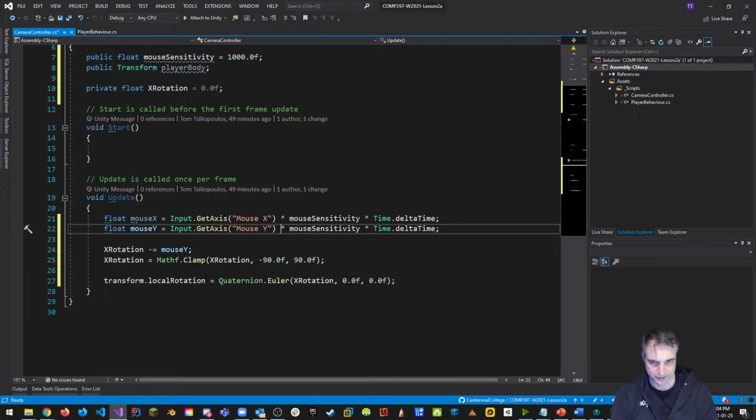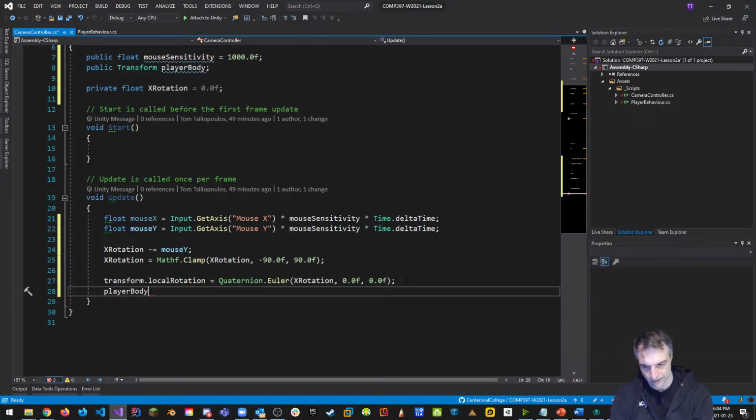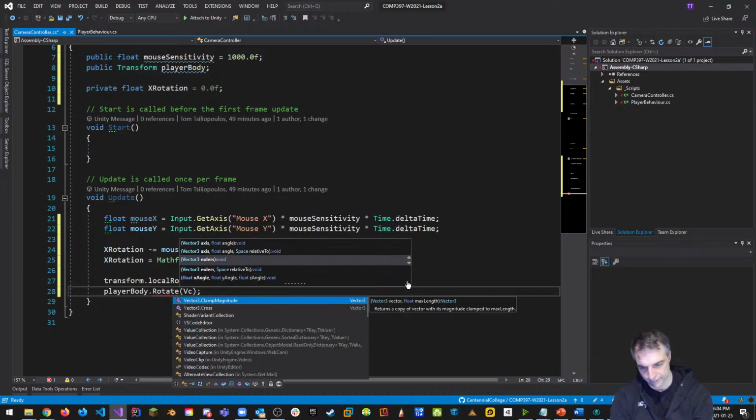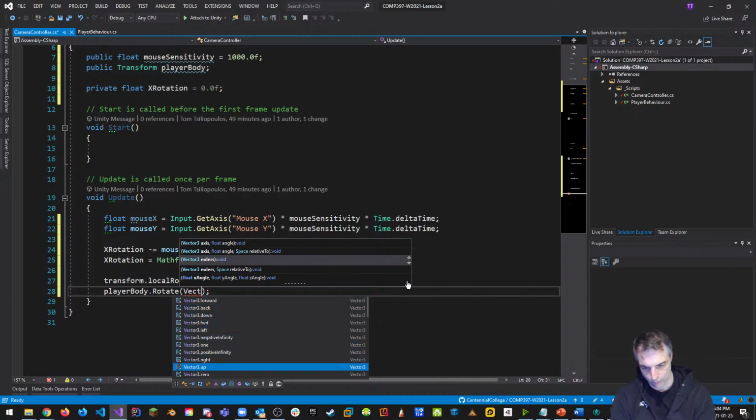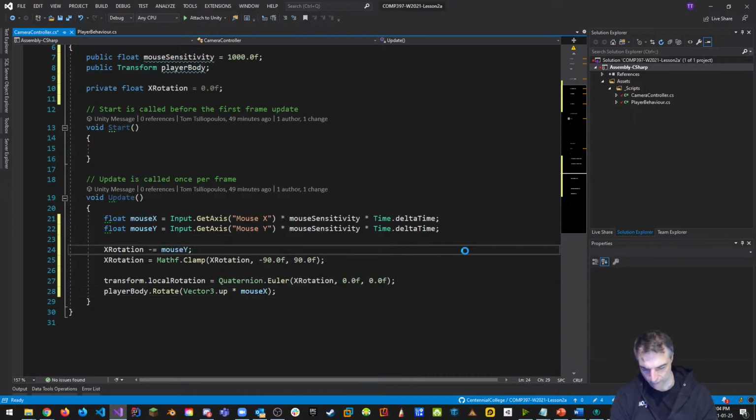Don't worry if you've lost me. Just follow me here. I'm giving you the code, right? And then when I get access to the player body, I want to rotate the player body from a Vector3.up perspective. So that's where I want to rotate around. I want to rotate around the Y axis. That's what I'm rotating, multiplied by my mouse.x. And that is your mouse look code